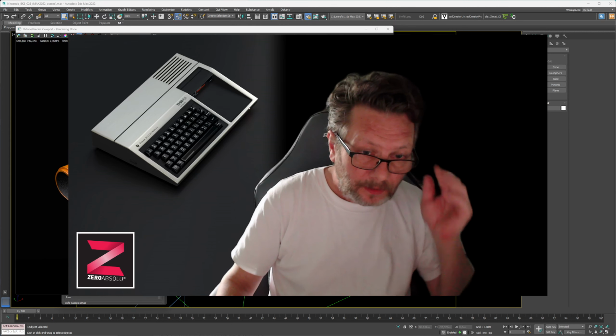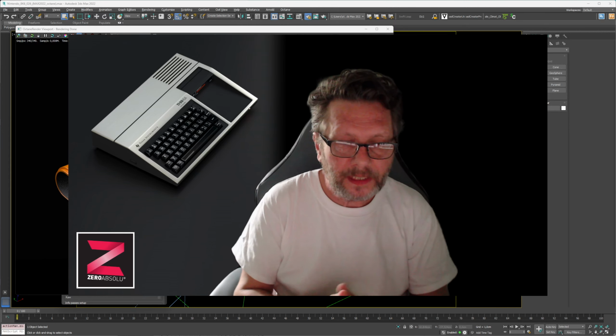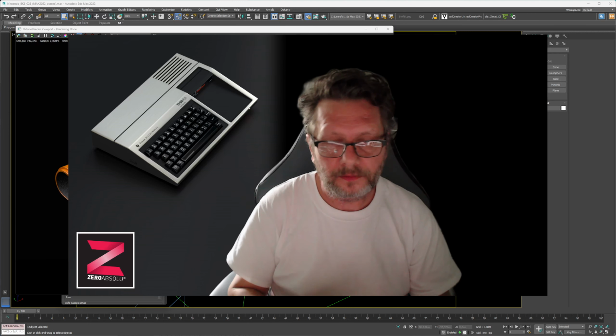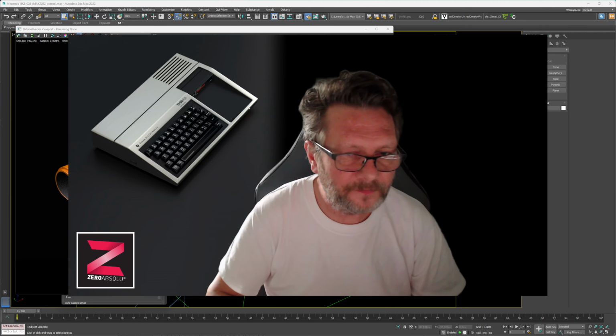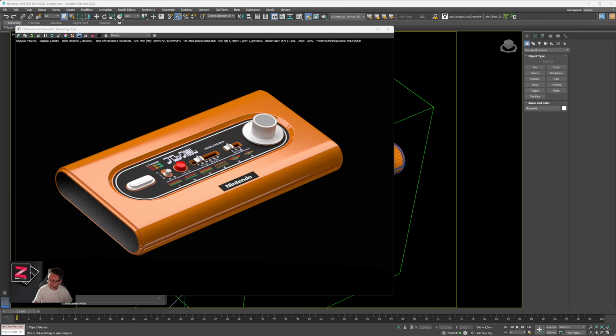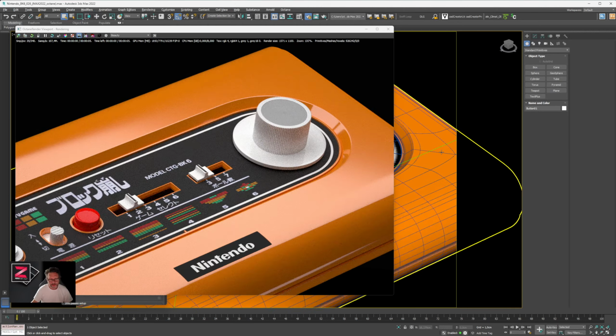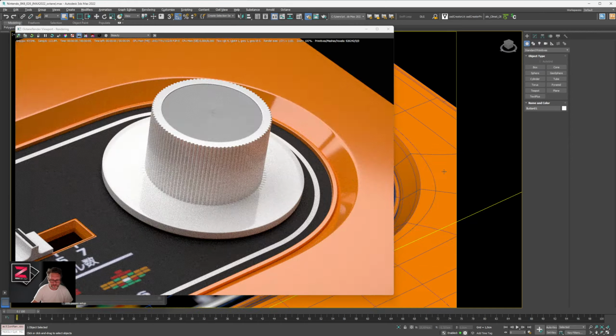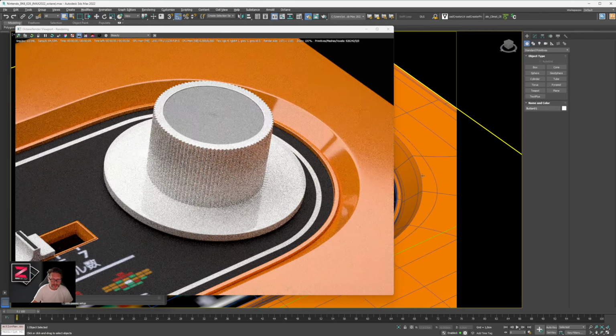Hi there. So today I want to talk about getting better round edges on hard surface subdivision modeling, and I will use this old scene. This is a 3D model of a Nintendo video game I did a couple of years ago. Still accurate yet. As you can see here, everything is modeled in subdivision surfaces, and